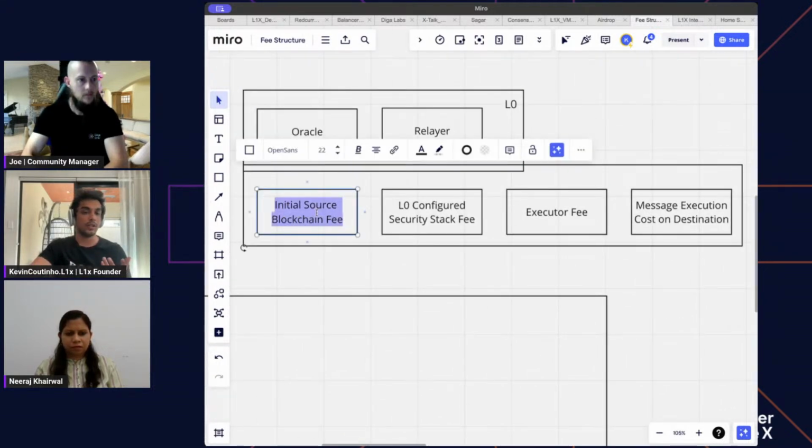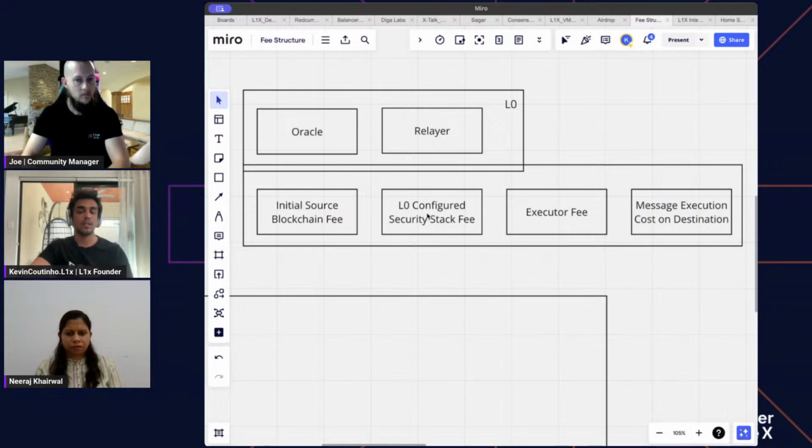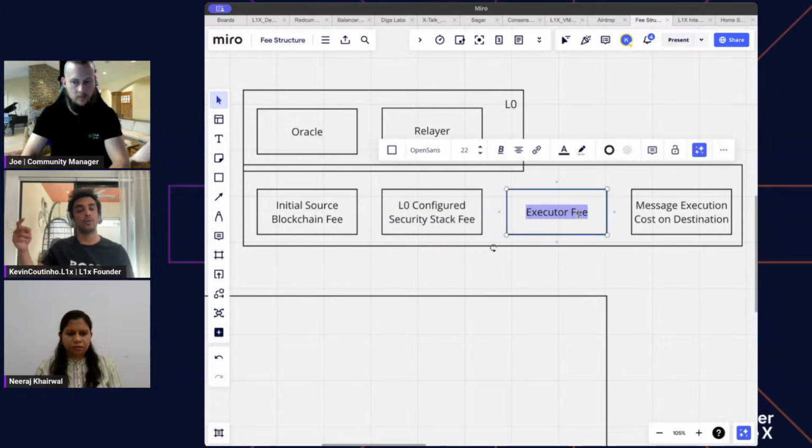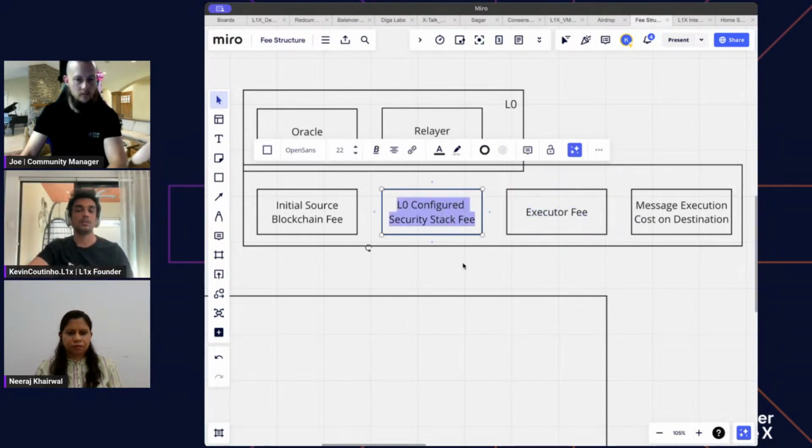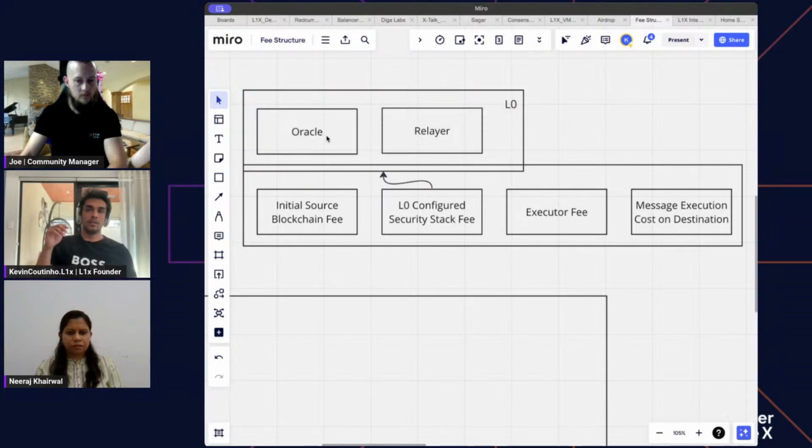The initial blockchain fee that you pay and the destination fee. There are 2 things that layer 0 natively charges: a layer 0 configured security stack fee and an executor fee. This is the executor fee which I was talking about. You have to pay their contract to send it to you, right? But this relates back to this over here, which is, if you go to the documentation as well, when you send information, you want to listen from the layer 0 infrastructure,